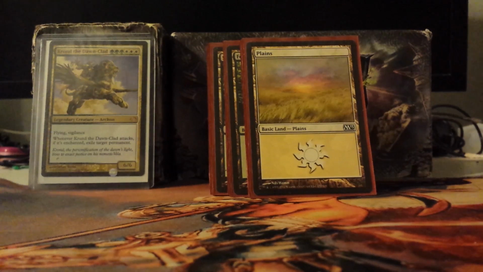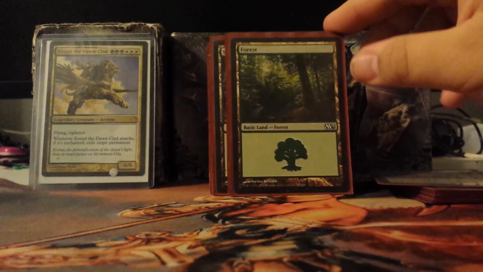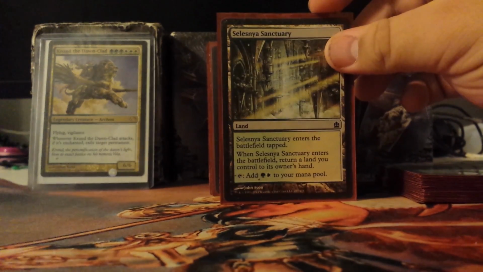Because Krond has such an aggressive mana cost of 3 white and 3 green, it is very important that we get all the colors we need as soon as possible. So let's start off with the mana base. I have 37 lands total, starting with 11 Plains, 7 Forests, and as many duals as I can reasonably fit in here. I have the green-white bounce land,